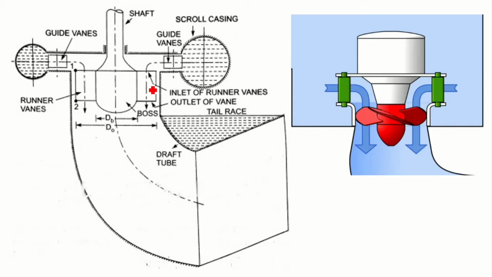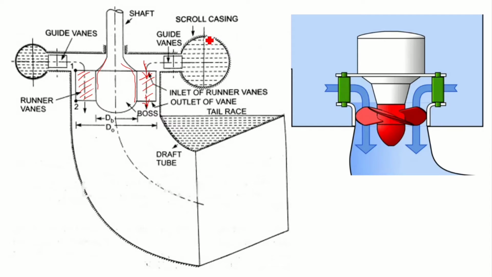So this is the schematic representation of a Kaplan turbine. Here the axis is vertical. The shaft is placed vertical. This portion is the hub or boss portion. At this portion we are placing the vanes. This is the vane, the runner vane. Here water flows into the vanes axially, that means parallel to the shaft, and leaves axially.